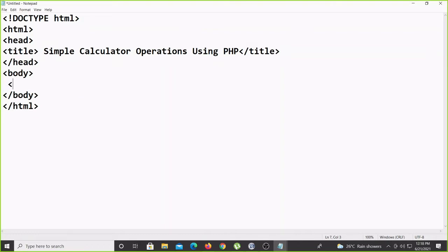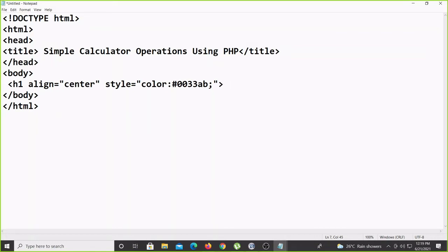So I'll give the heading, centered, and I'll put inline CSS. This is the RGB value, the color value: color colon and the RGB value.